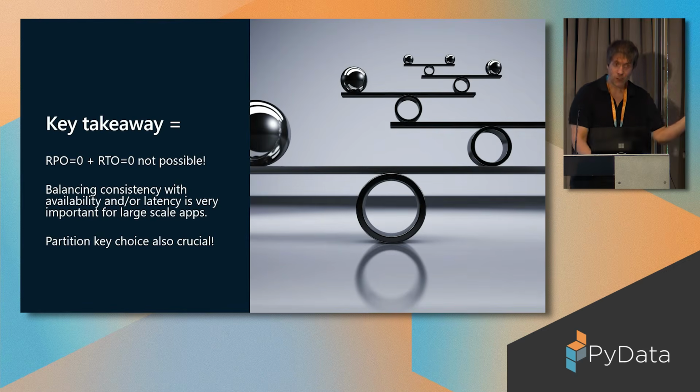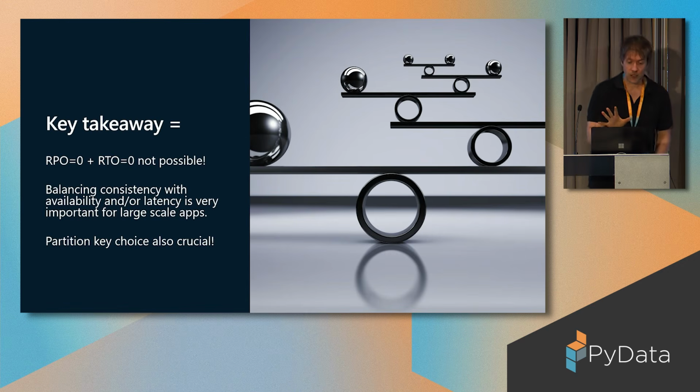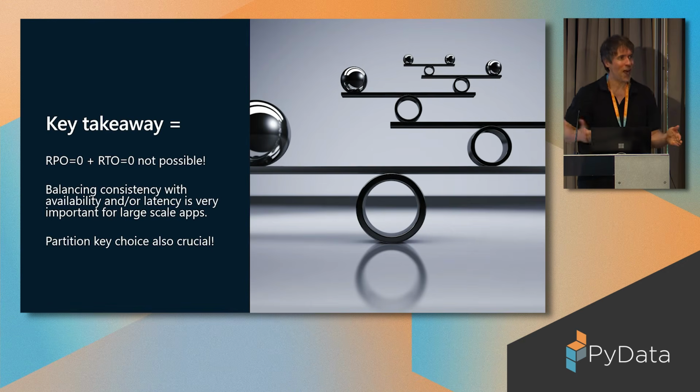You can get close. So I should mention here, recently Cosmos DB released something called per partition automatic failover. I don't have time to talk about it, but essentially this gives you RPO 0 with RTO of less than 2 minutes, which is very advanced. Most systems will not be able to do that. But again, it's not RTO 0 and RPO 0.